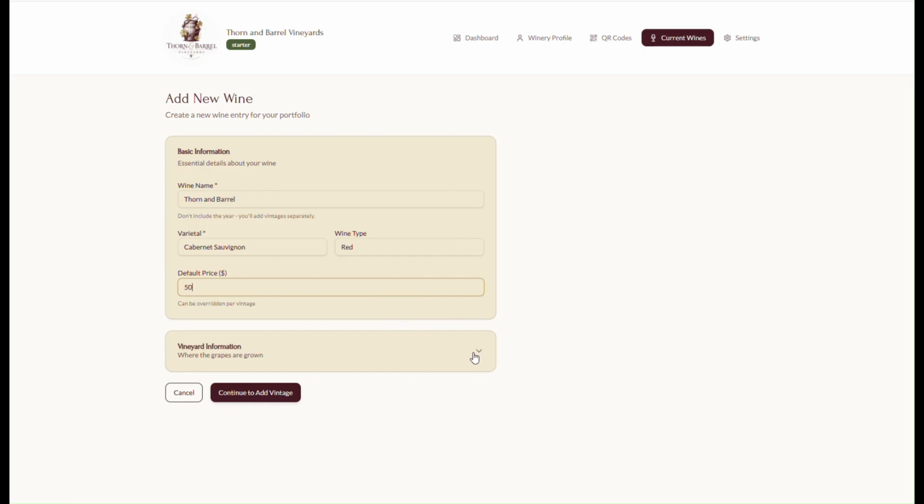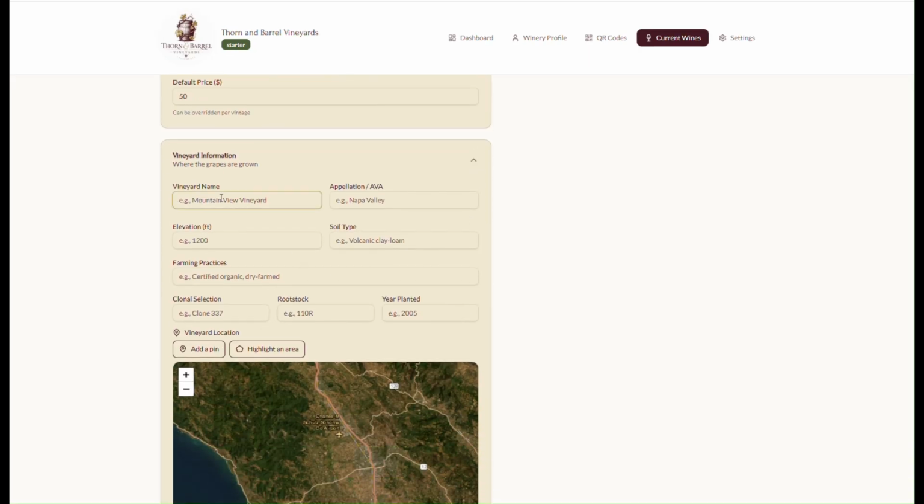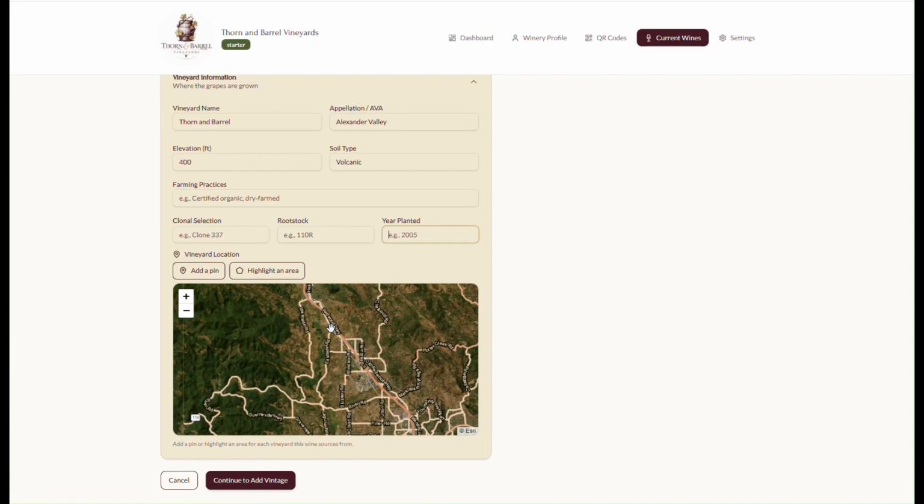You may also add multiple grape varieties in the varietal field if the wine is a blend. Continue on to the vineyard information section and add in as much or little as you like, depending on how you want your brand displayed. I have found that some wineries don't want to overload their consumers with too many details, while others feel the